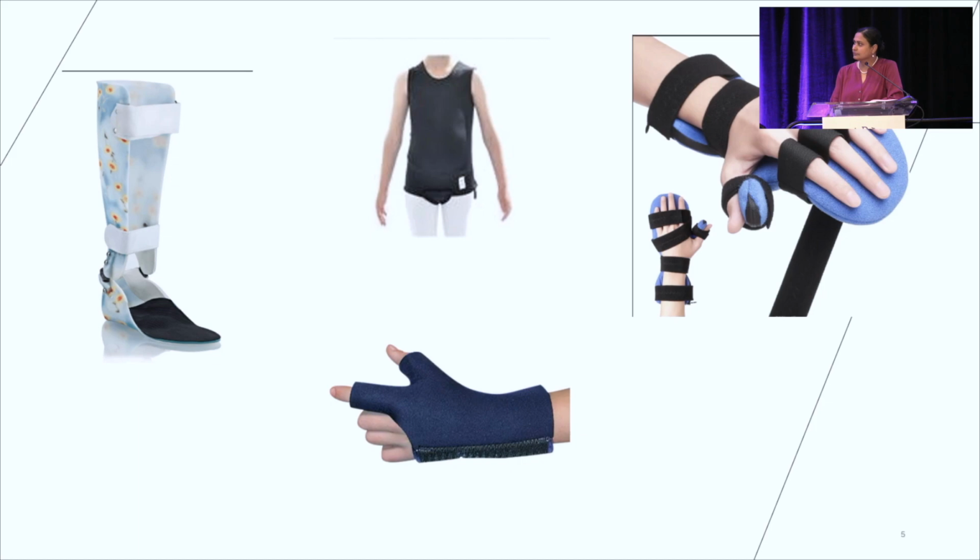I find that compression garments are particularly helpful, not only for alignment of the trunk, improving core strength, but also for that proprioceptive input, and also for calming. So when we're working with someone who has dystonia, this type of garment can be very helpful for calming and for providing that compression support for an individual with dystonia. The items to the right of the screen and on the bottom are different types of hand splints to maintain